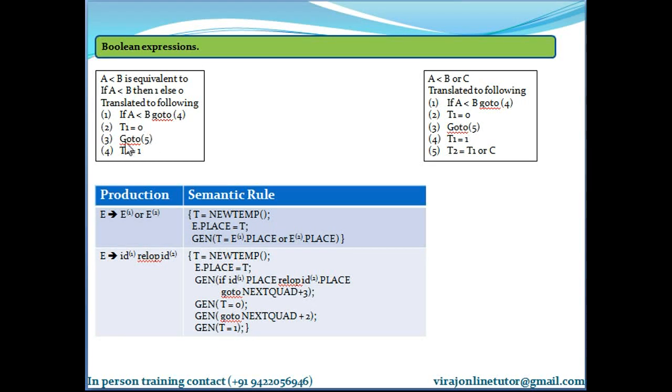Next statement, assign 0 to temporary. Next statement, go to 5, so 3 plus 2 is 5, that's why go to next quad plus 2. Next statement says T is equal to 1, done.